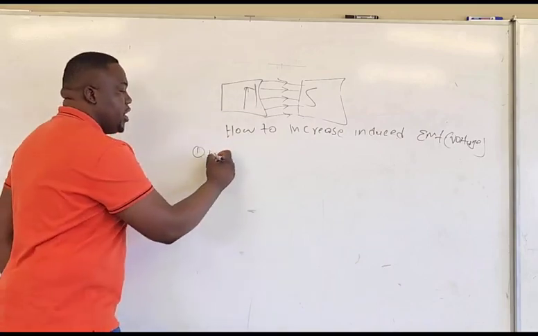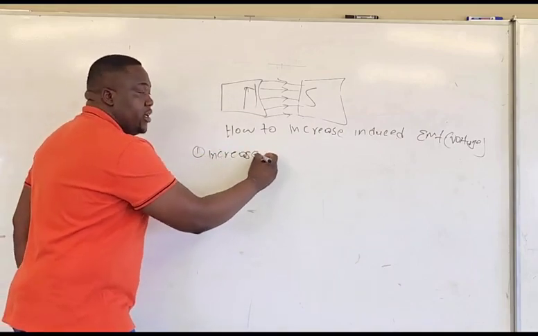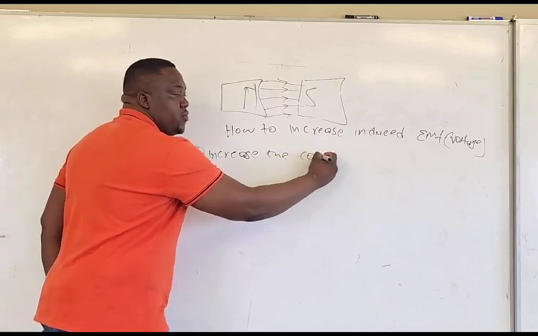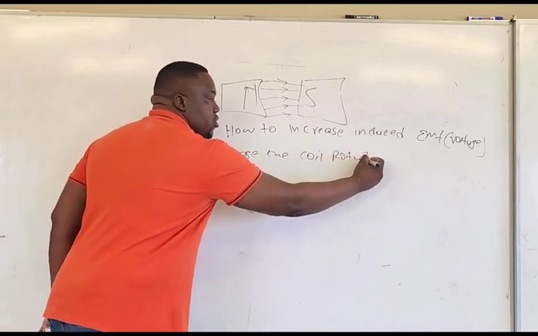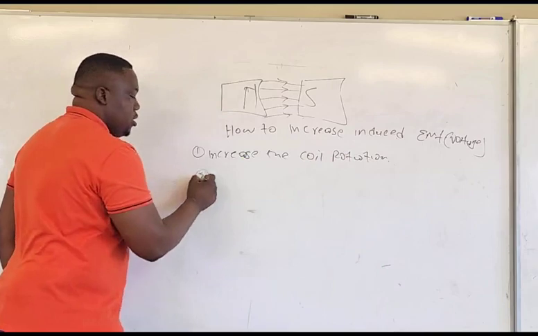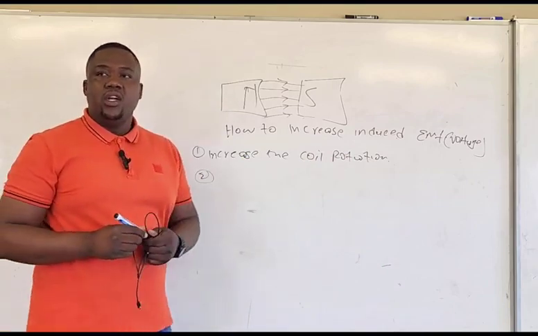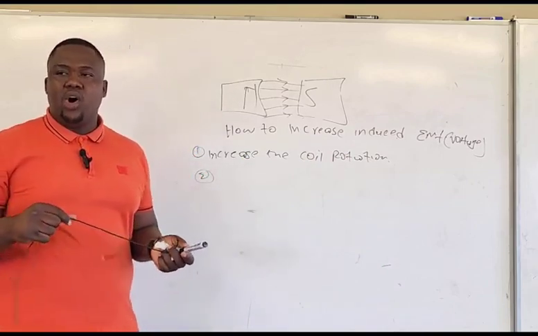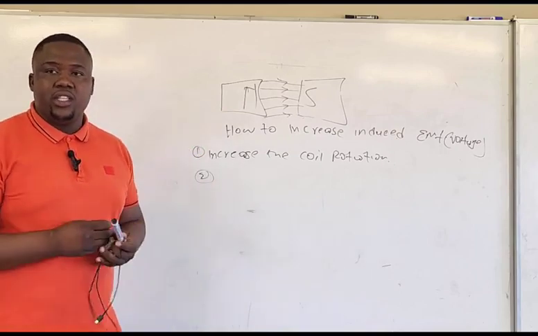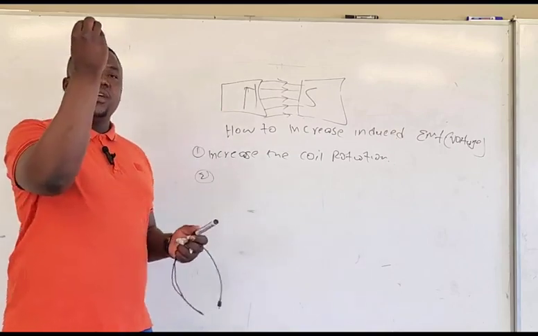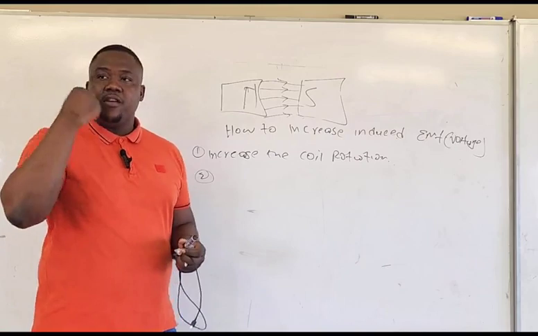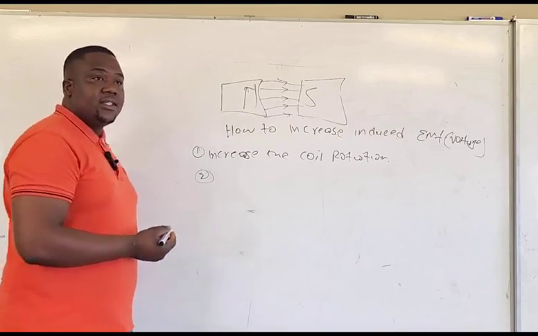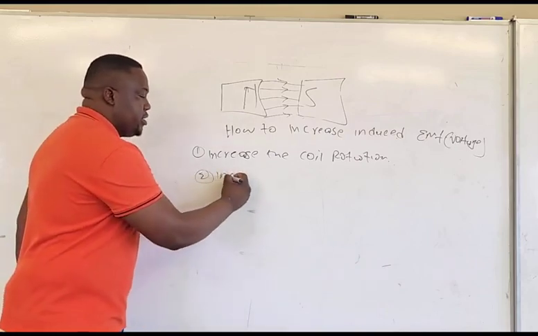So it means you can do what? You can increase the coil rotation. You can make the coil rotate even much faster. When you make the coil rotate even much faster, you are going to increase the voltage that you have produced. What else? You can increase